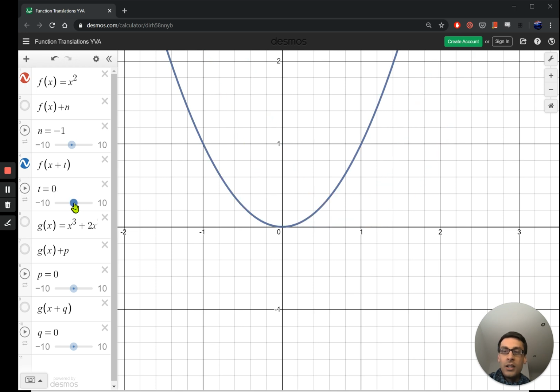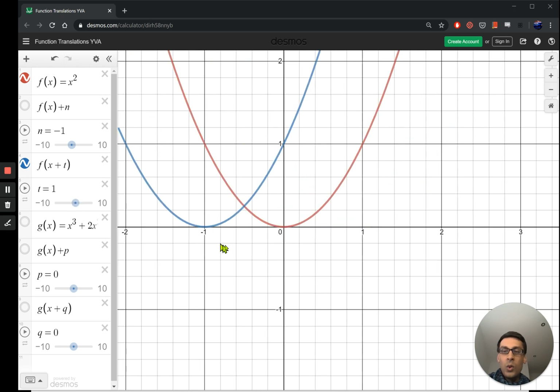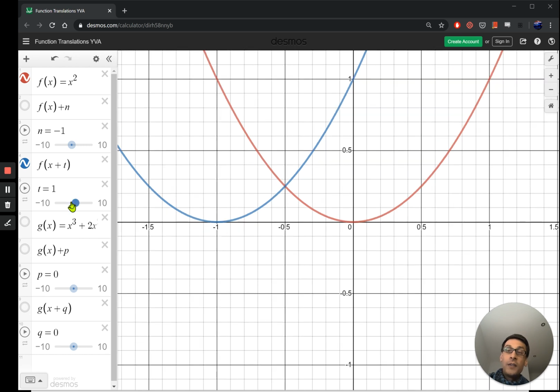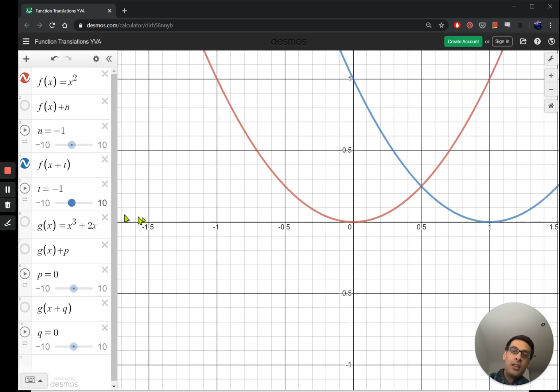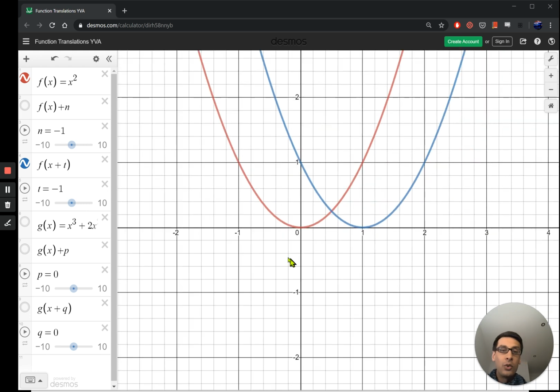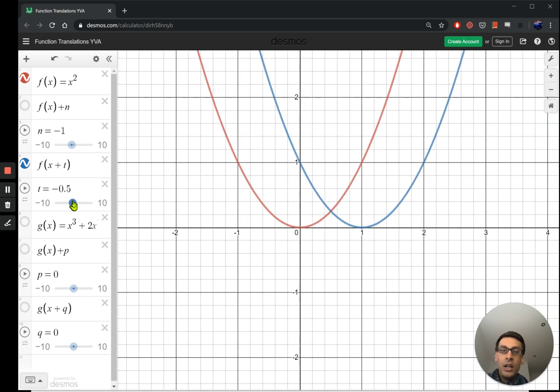1 unit to the left. If I change it to negative 1, you can see it's going to go to the right. And you can play around with the scales here. So if you shift these around and you play around with them, you can see what happens when you translate a graph. Now that's fine for a nice and easy graph like x squared,